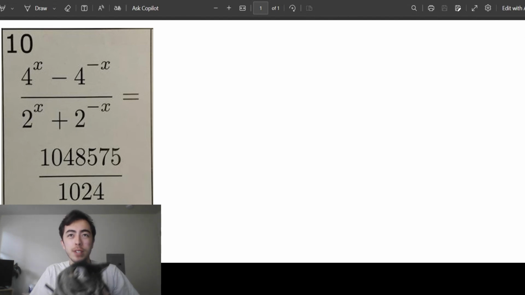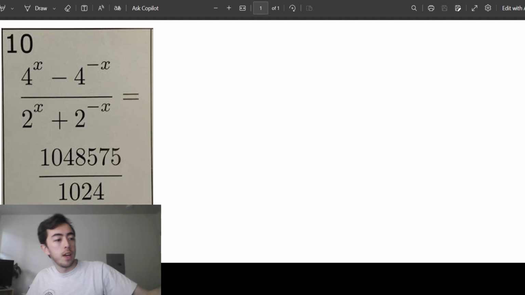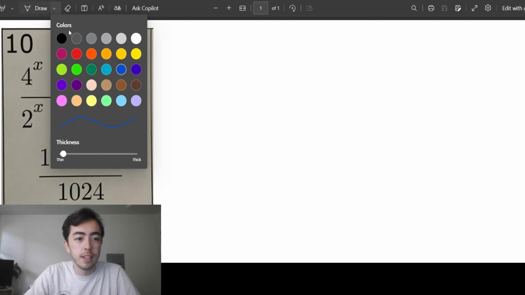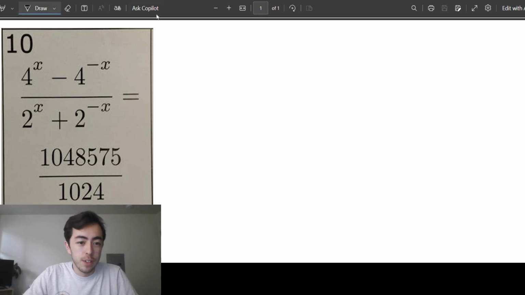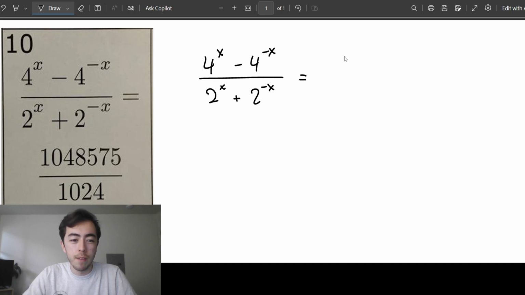Today is November 10th, and we're solving problem 314 from the Daily Epsilon calendar. And today we should show why x is 10, because that's today's date. So we have some kind of fraction and exponent arithmetic or algebra problem today, I guess, where we need to show why 10 makes sense as the exponent on the left side, and that we get this kind of weird fraction on the right,